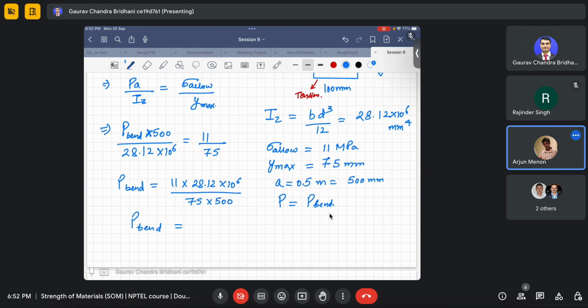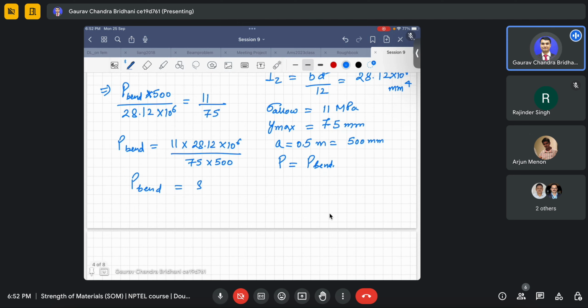Okay, you are getting 8250 Newton, I think. Okay, 8.25 kilonewton. So we obtained the maximum value of the load P, so that